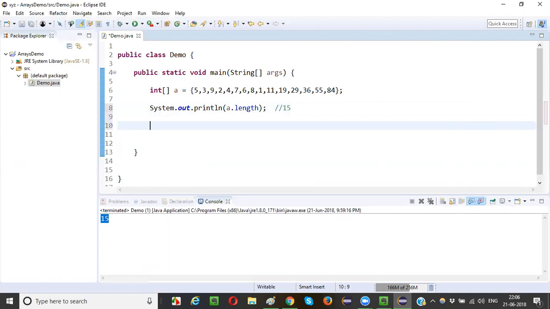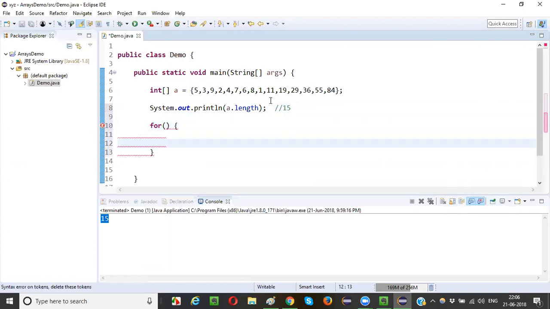Now let me use a for loop with this single dimensional array. How to use a for loop with a single dimensional array? So you remember the syntax, right? For. In the for, there used to be three things. One is initialization, int I is equal to 1, we can say. Put a semicolon. I less than,